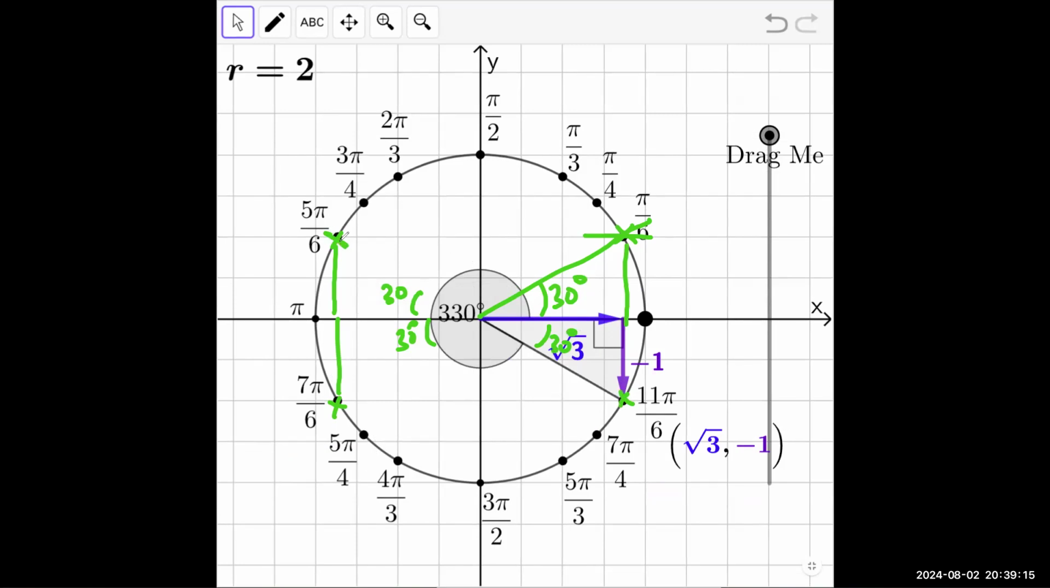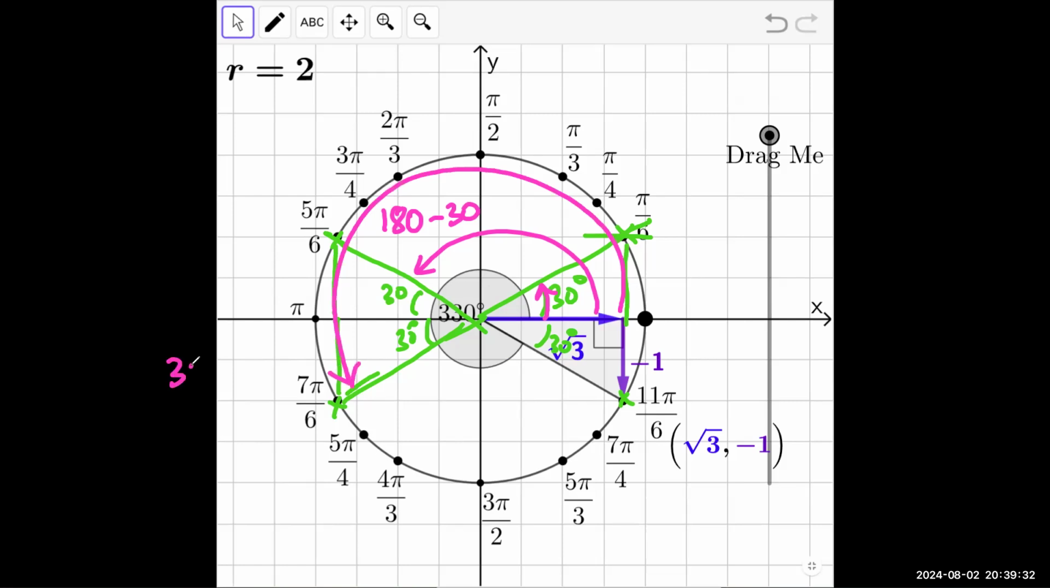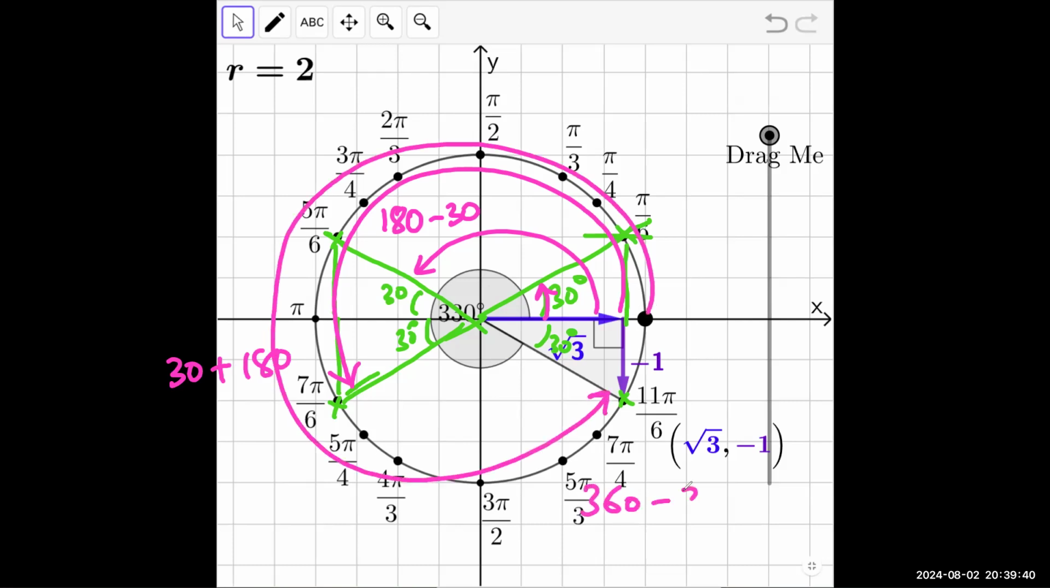So there's a relationship. The angles measured from the positive x-axis. This one's 30 degrees. This one is 30 short of 180. This one is 30 exceeding 180. This one is 30 short of 360. So in short, the little note that you guys should make is, if you call this the critical angle or the basic angle,